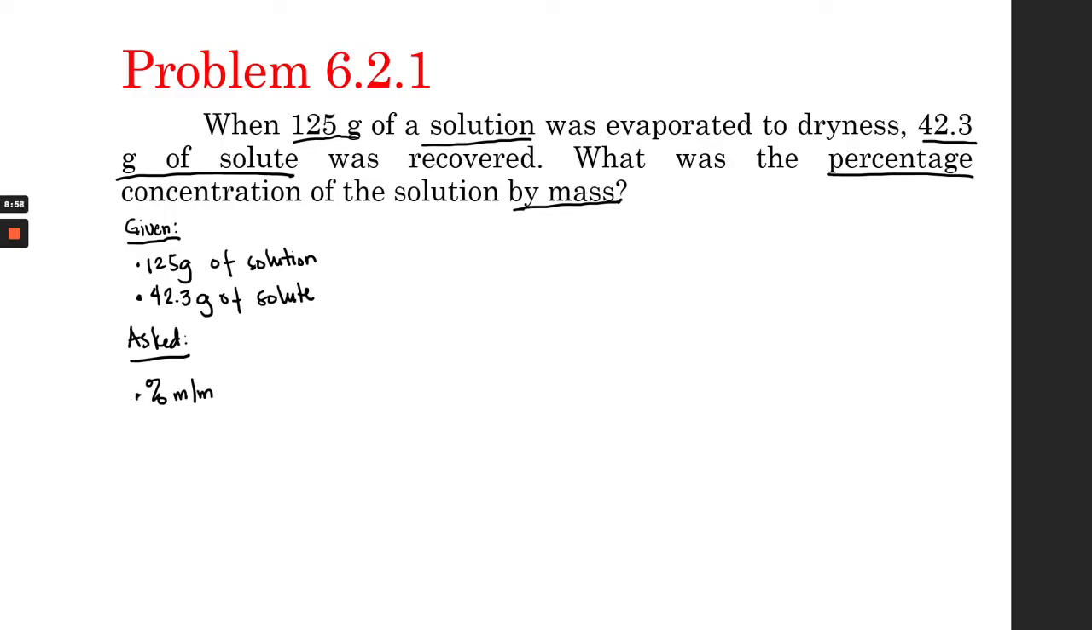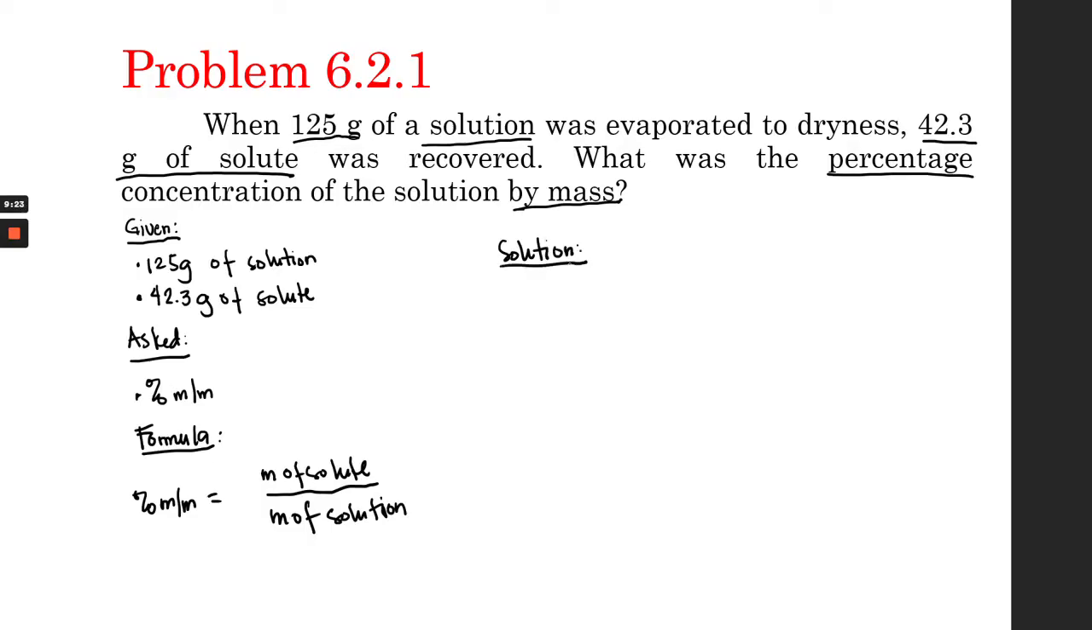So the formula that we are going to use is the formula that I showed earlier. So it's basically percent by mass is equal to the mass of solute divided by the mass of solution, since we got solution. So how do we solve this? Basically we have to write the values of the mass of solute and the mass of solution. So percent mass is equal to